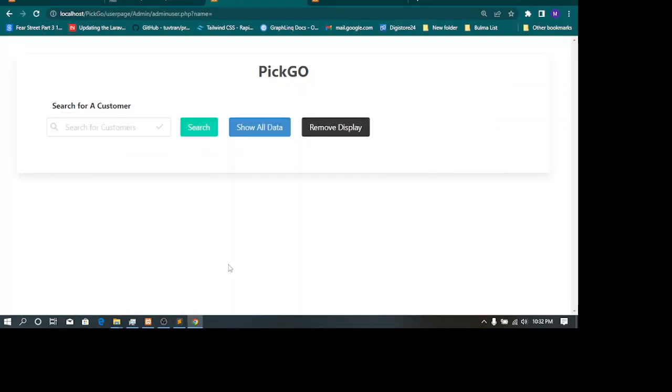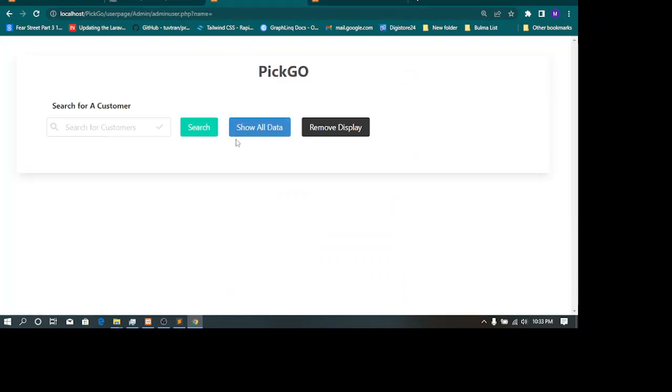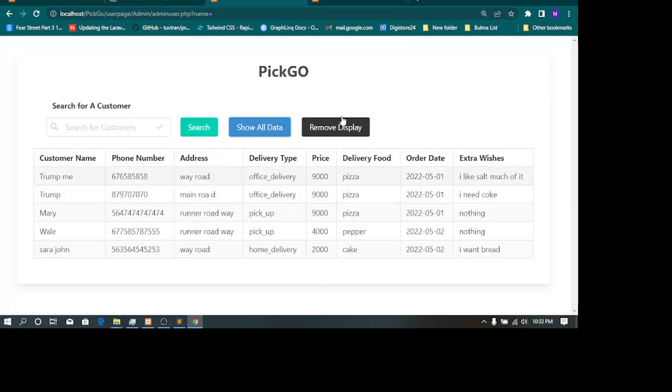We're going to be continuing our project. We've been able to insert data in the last project we worked on. Now we've been able to show all the data that was inserted through this place here. We don't need to reload it all the time.